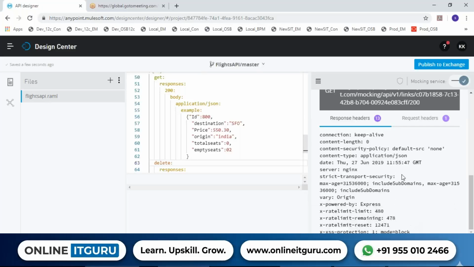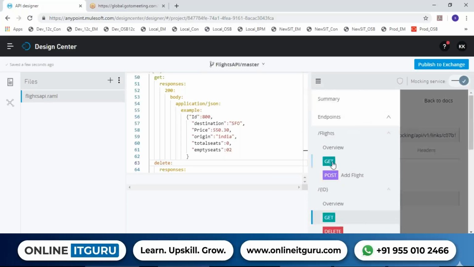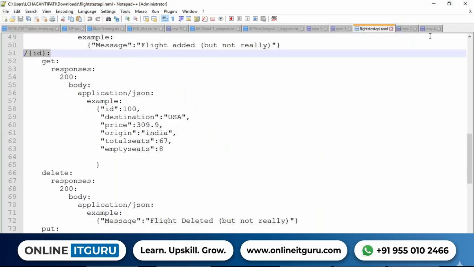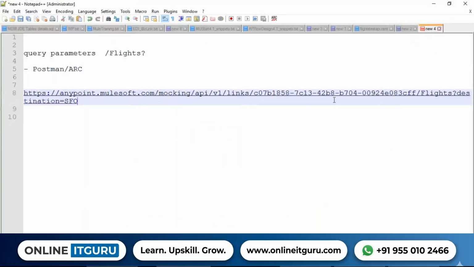Okay. Now the same thing. If you want to test it from outside, you see the URL differences. See, this get, try it. Okay. Now I'm getting one URL, right? I'm taking this URL. Control C. Okay. With respect to query params, if we observe /flights, question mark, destination equals SFO. If I'm doing the same thing,